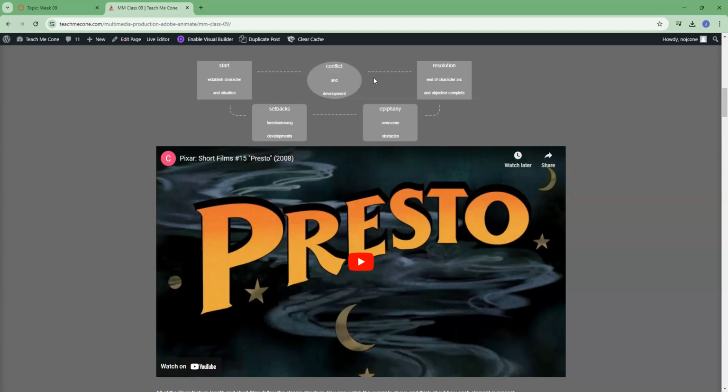And there's that whole thing where Mufasa talks to Simba and tells him, the gazelle eats the grass, and the grass eats us, and yada, yada, yada. So you understand kind of what the rules are, how things are, what all the characters are. They also introduce some conflicts with Scar, right? From there, generally in the story, there'll be conflict and development until you get to the resolution. But in the meantime, as far as the character arc is concerned, the character will have setbacks, foreshadowing, and various developments, things that they will have to overcome.